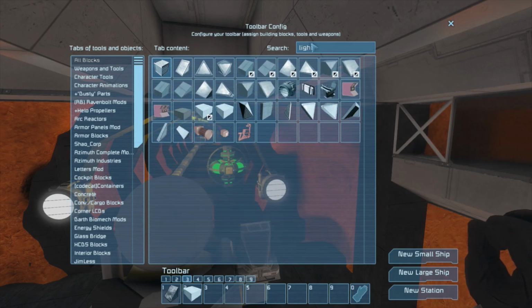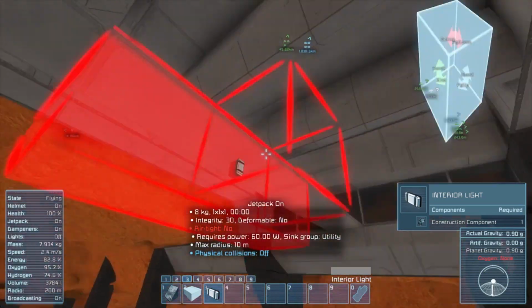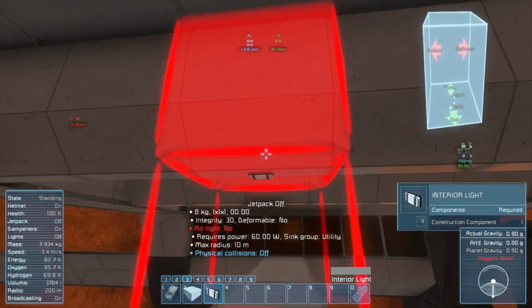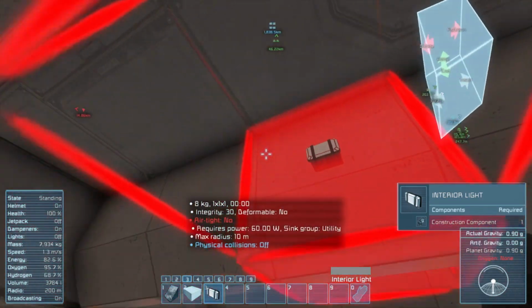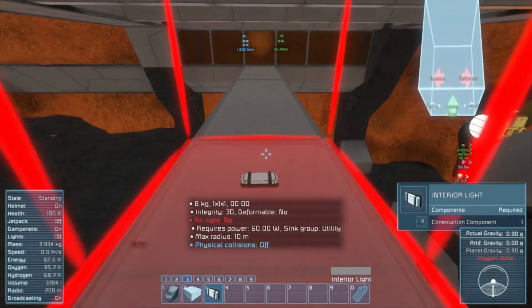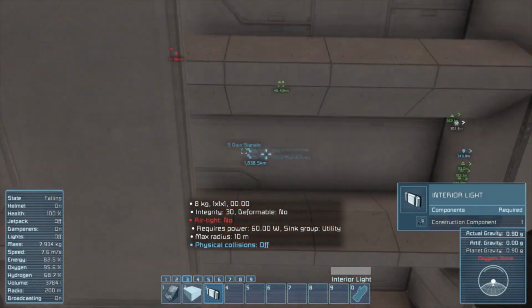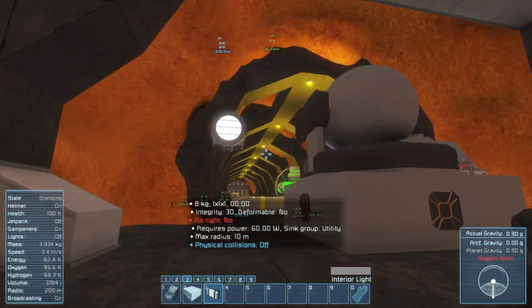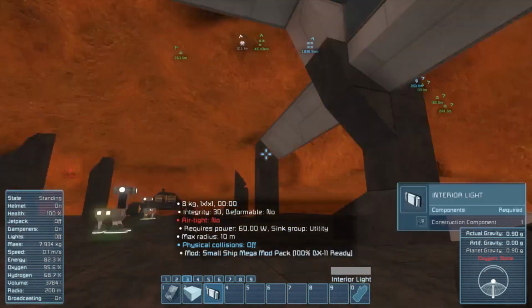Let me go ahead and grab some lights. I'm trying to figure out how I want to light the interior of this place. I think I want to put the lights up here. I don't have construction components, so I can't actually build them. But if I place them above this, well, no, I want them to shine under the ground. I'm probably going to have a spotlight or two up there, but I'll have to figure it out. Yeah, let's turn off all these lights and see how dark it is later. But anyway,